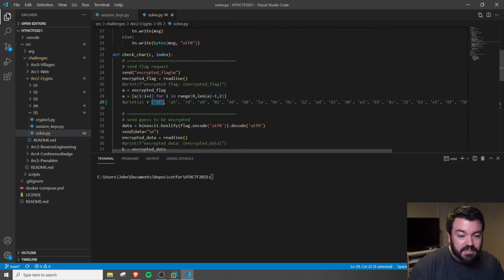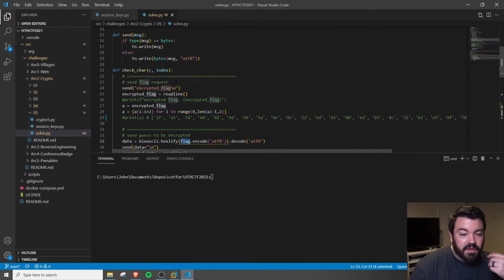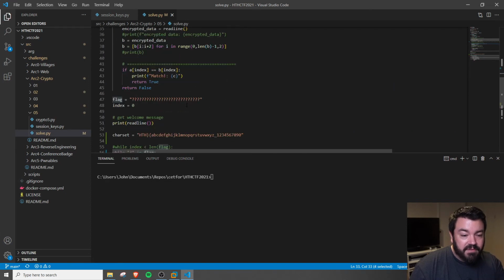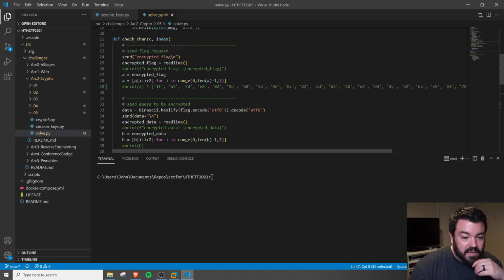All it's going to end up doing is take the output and split it up into 2 character sets in an array or Python list. Then what we're going to do is take the current flag that we have defined, called this flag. It's a global at this point. And we are going to encode it, send that data, and then we are going to